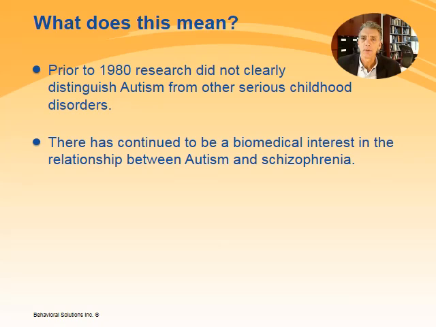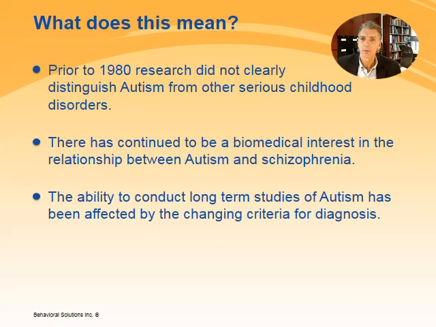The ability to do a long-term systematic research program for children with autism is affected by the changing criteria for diagnosis, as well as the changing availability of diagnostic tools. It is critically important when reviewing literature over the last 30 to 40 years that you be aware of what the diagnostic criteria of the time was. As well, you will need to know what diagnostic instruments or methods were used. Without such knowledge, looking over time at much of the research regarding autism will likely only be confusing.